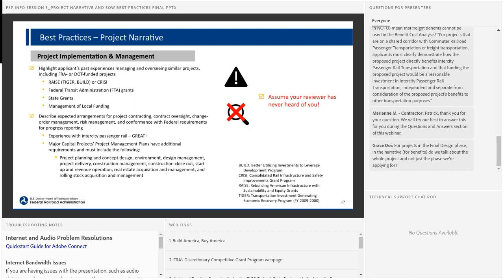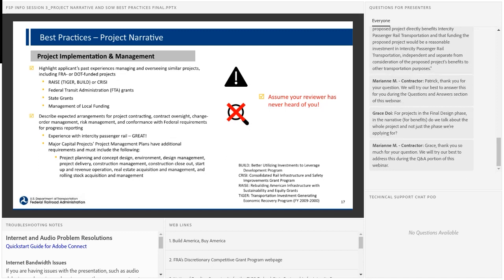So, experience with intercity passenger rail, wonderful. If you are in major capital projects, the project management plans have a few additional requirements that we've listed here below and that you can find in the Notice of Funding Opportunities specifically. So again, just assume your reviewers never heard of you and don't make them do a lot of detective work. Make sure what you're providing is very clear and upfront.